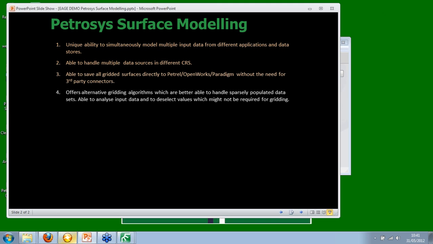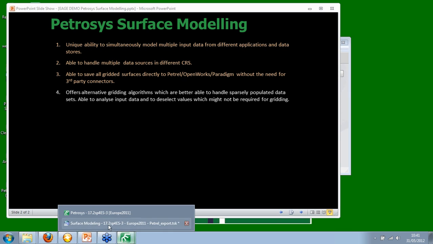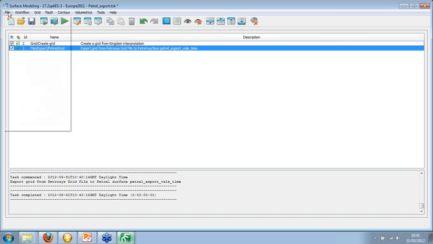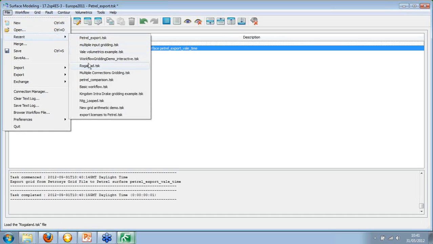If we have a look at our next point, Petrosys offers alternative gridding algorithms which are better able to handle sparsely populated datasets. We're able to analyse input data and to deselect values which might not be required for gridding. Again, this takes us to our surface modelling module. If we open up a particular task,